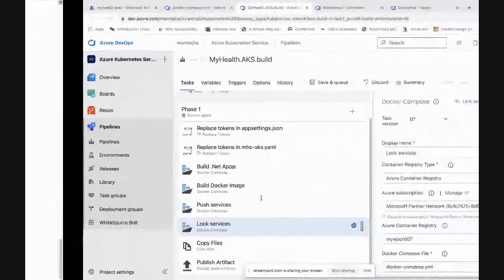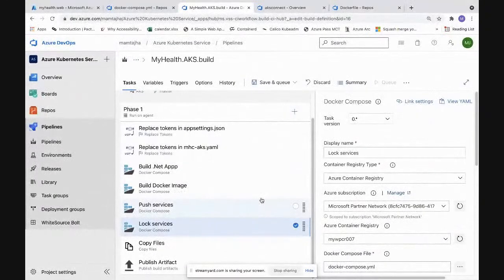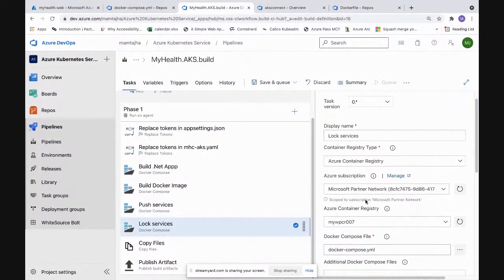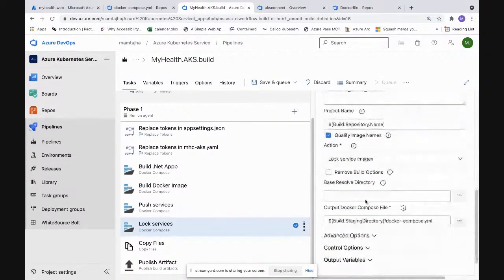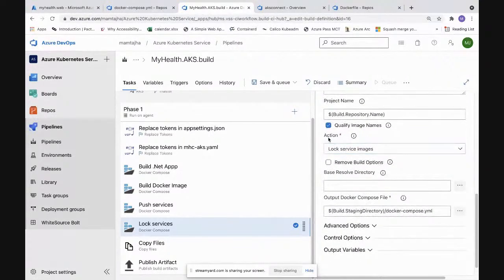Nothing can be done. Deletion, rather, I will not say editing image. Image editing is a wrong word which I've used. I'm sorry for it. You won't be able to do a delete action on that. So you can see here, we are just picking up and saying lock service images. This is the action we would be performing.